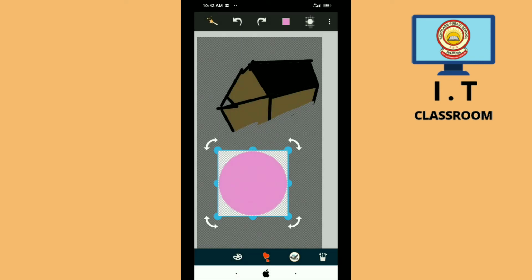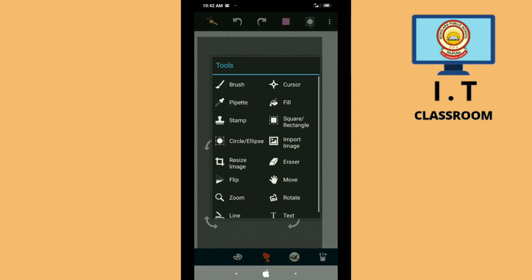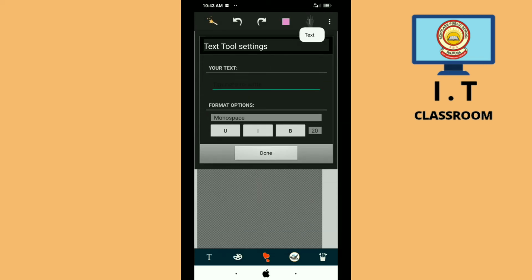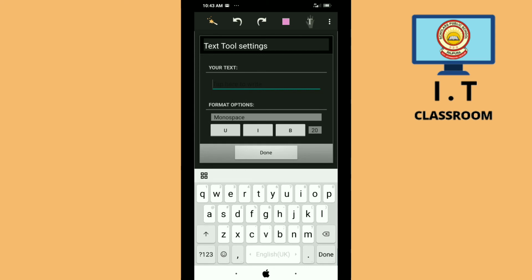Now if you want to rotate any picture, then there is a rotate tool. If you want to add some text, then there is one tool present in this list, it is the text tool. Once you select it, you will get the text tool settings dialog box.